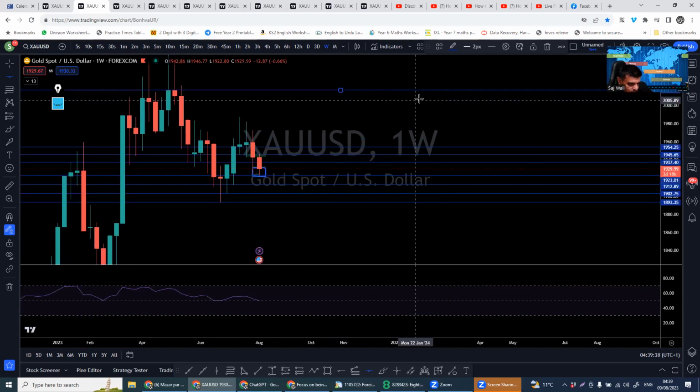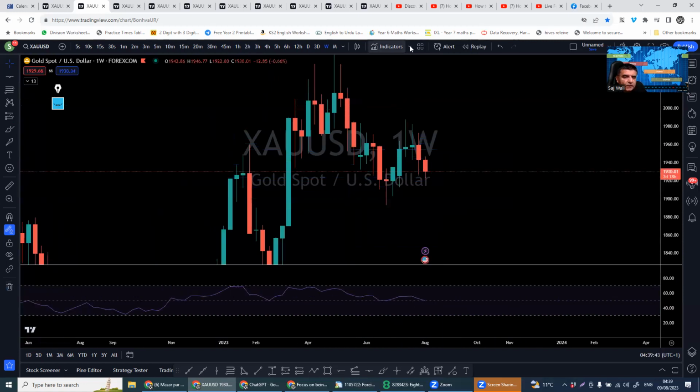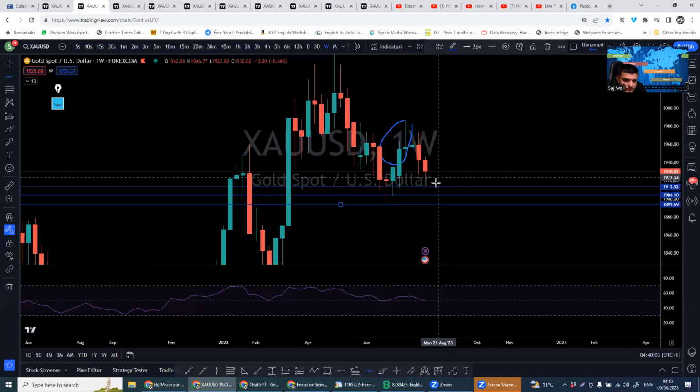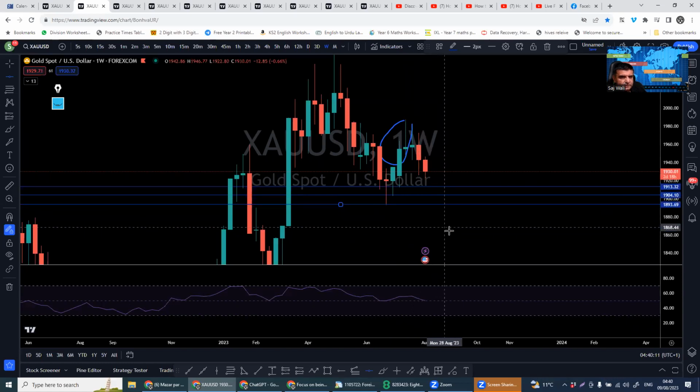Let me take these levels up. On the weekly, it's bearish. This can clearly be seen from these candles, and the market should also come up to this level and then these levels respectively for the downside. And to the upside, I've shown you the levels in the smaller time frame. So these are the levels the market should respect.